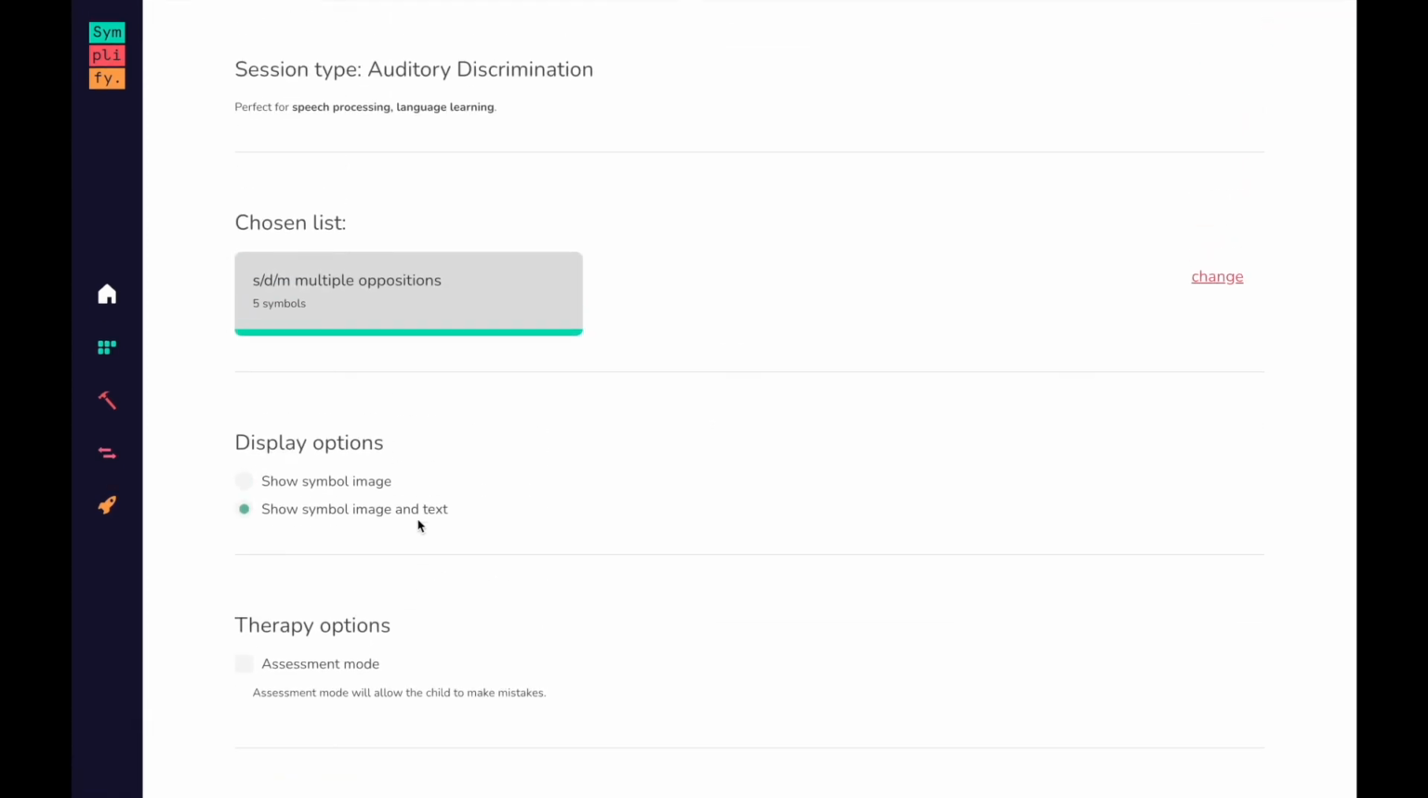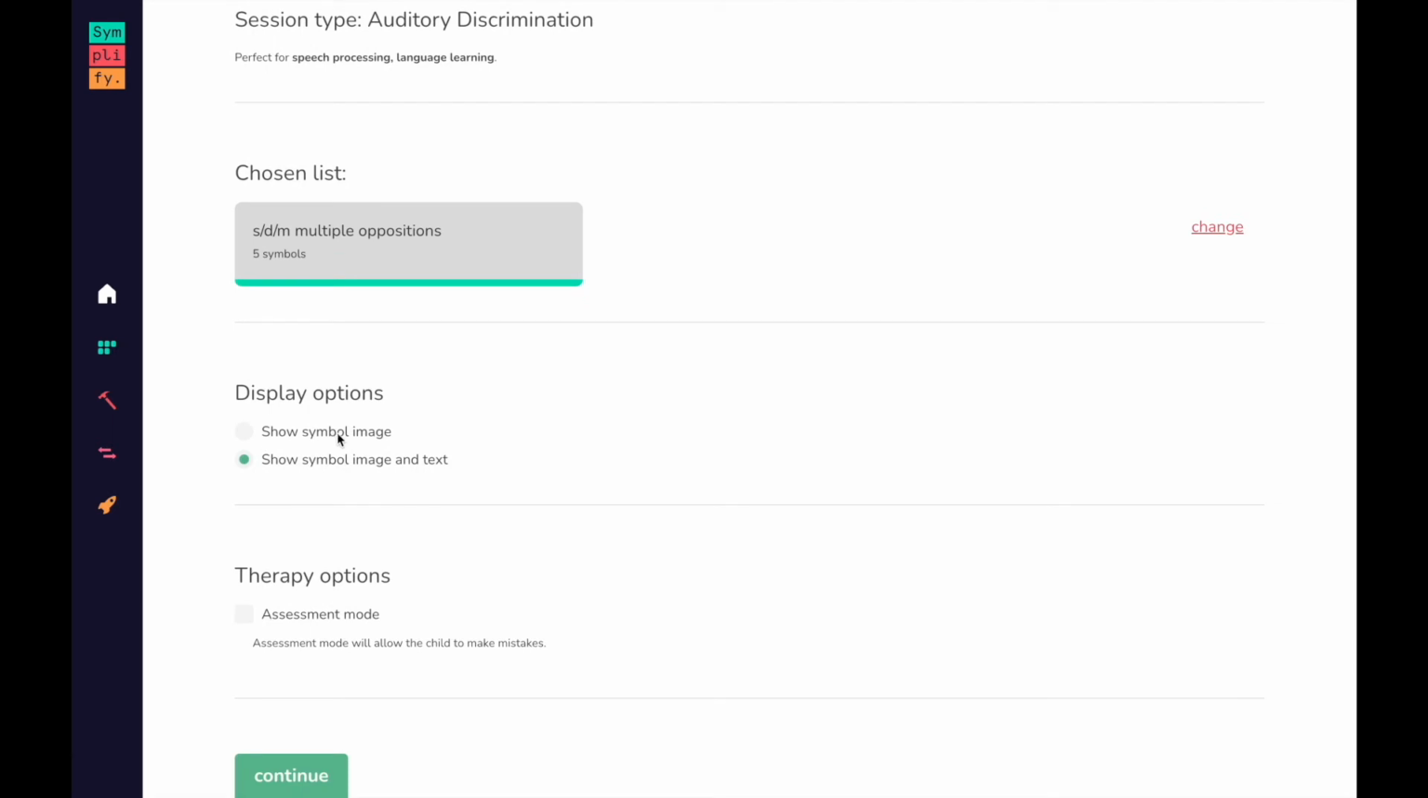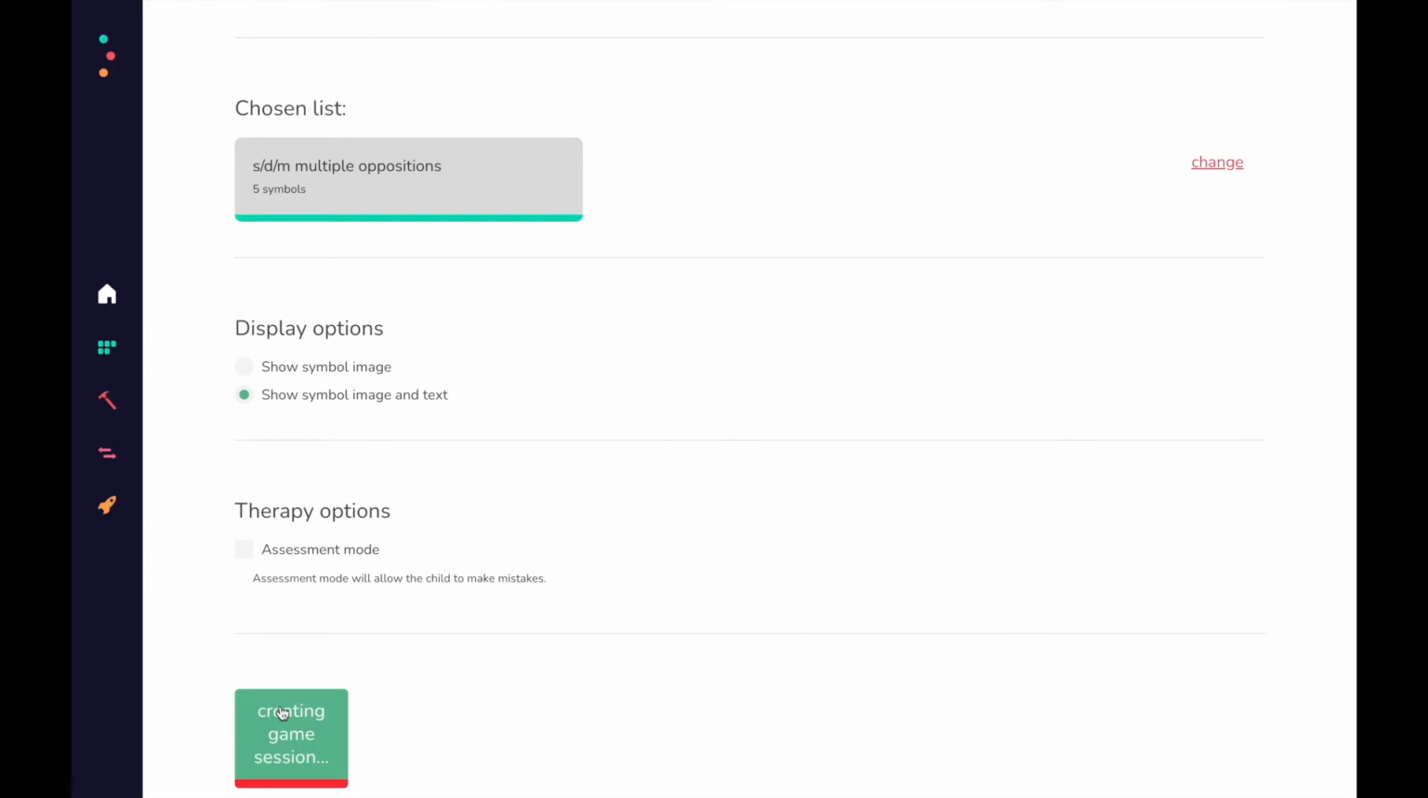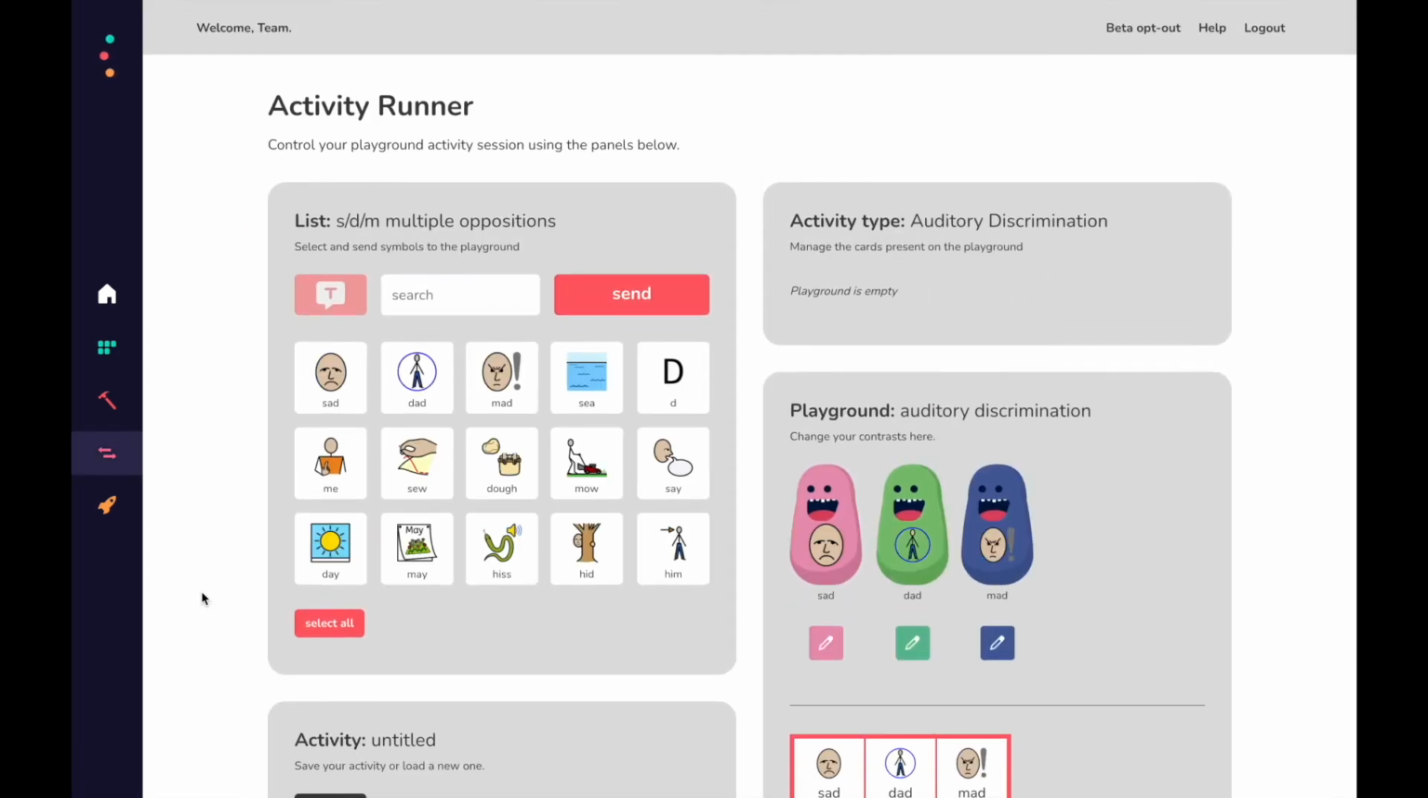And you've got a few options when you set up the game. You can choose whether you want just images or images and text to display on the monsters that will tell you which symbols they want to eat. And you can also put this activity into assessment mode. So in this mode, the monsters will eat either symbol. So basically, the client won't get any feedback as to whether they've got it right or wrong, which can be really useful for doing an assessment. But obviously, if you're doing a therapy session and you want them to get that feedback, you don't want that option to be selected. So we'll hit continue, and it's going to create our game session,